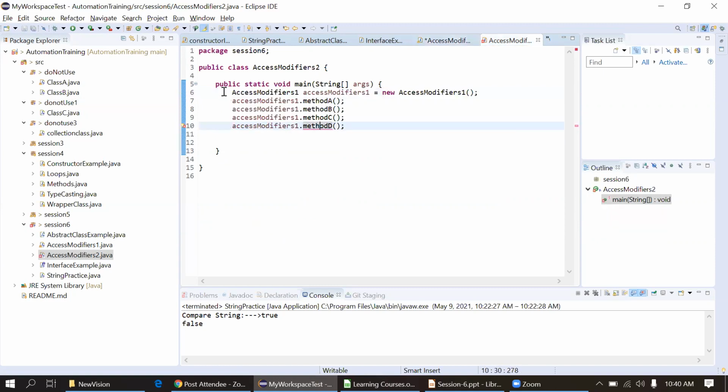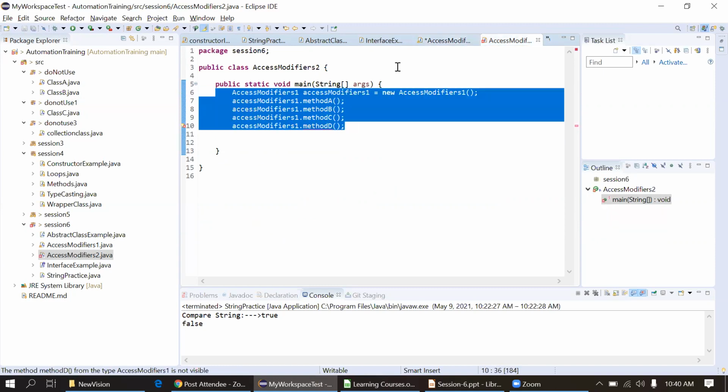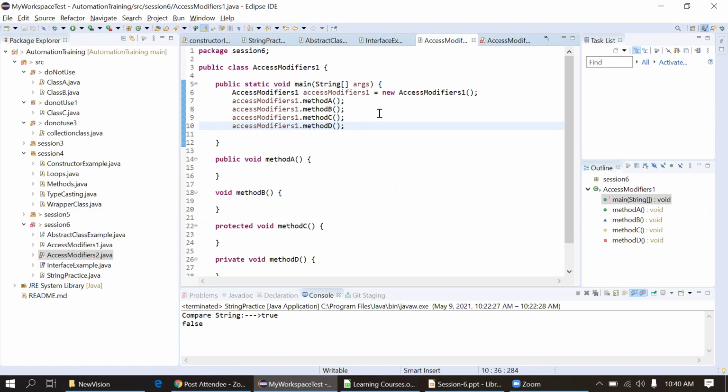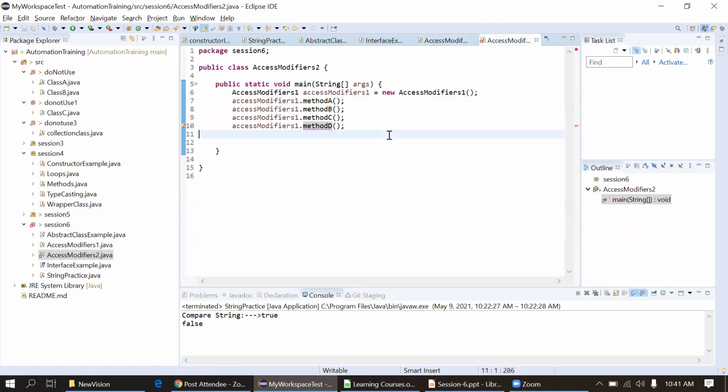Okay, so I will simply copy this code and paste it in the same class here. So here you can see I'm not getting an error because private methods are accessible in the same class. Okay, which is very restrictive. I'm just commenting this code. After this class, I will put this whole code in the Git repository, so you can take a pull and execute it on your own side. Okay. Private is accessible only in the same class.